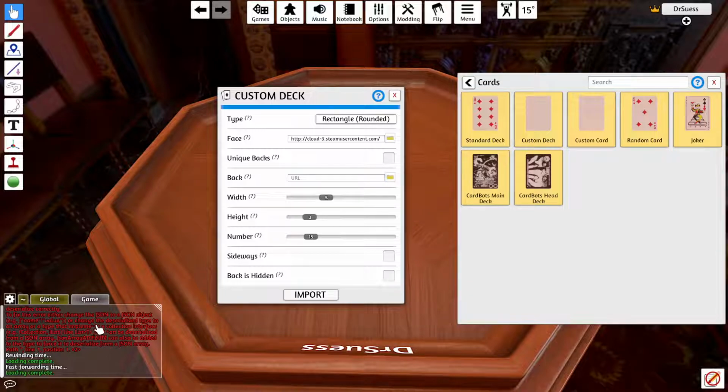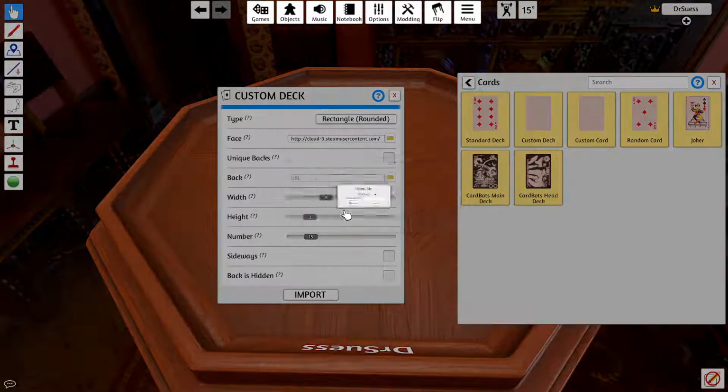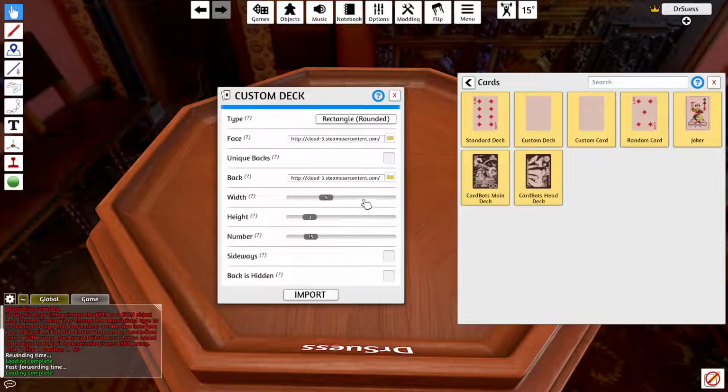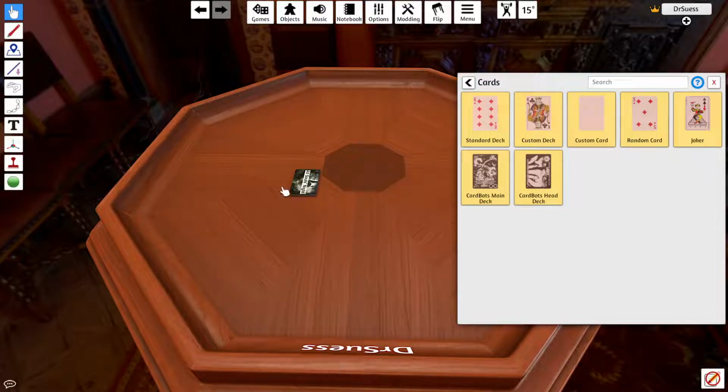up there. I don't know why this thing is freaking out on me right now. I'll have to look into that later. Here's the back. Yep, send it up to the cloud. Yep, upload. So we've set the face, we've set the back, we've got this default type of deck, we've got the width configured correctly and the height, so the cards will be sliced out correctly, and we've set the number to be correct. So now we click import, and we are now the proud owners of a new